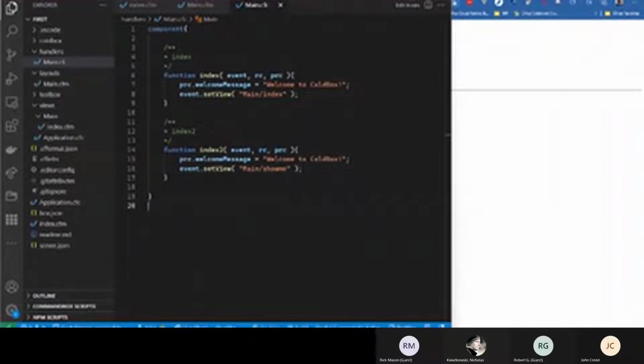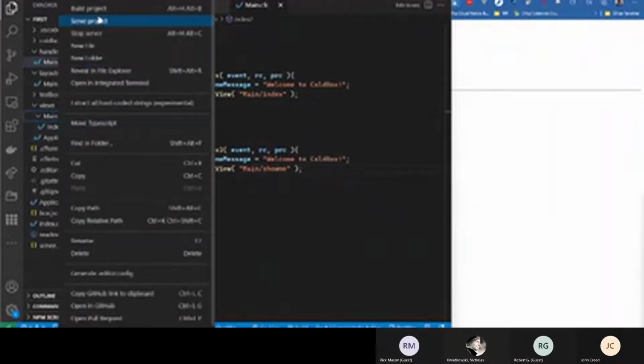Just a second here. I'm going to see if I can stream audio hotkeys. Okay, now let's see if this works. Hey, no, it's not swapping. Okay, I fixed my macro. So now we have index 2, but it's pointing to a file called show me. So in here we will